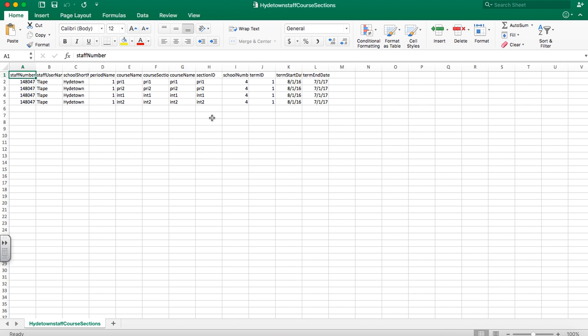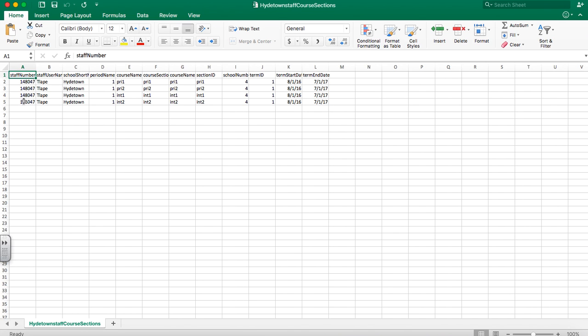Now this is how your staff or your learning facilitators will see the different groups of learners. So if you want, in this situation for Hightown, if you want all four classes to be seen by every teacher, you're going to have to do this 4 times for every teacher. So, for example,